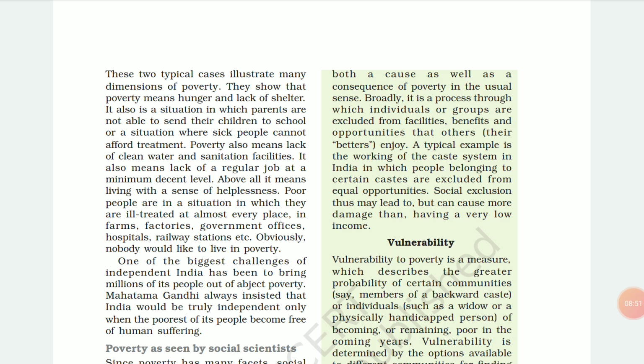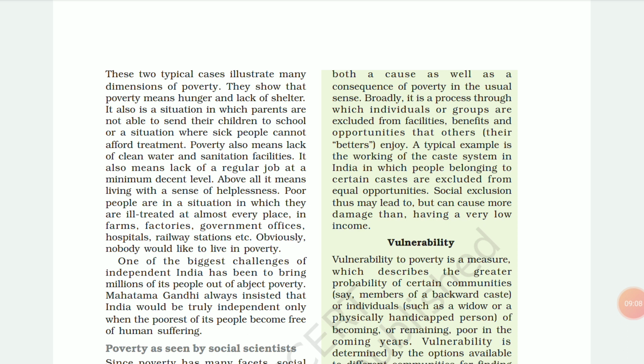A good house means where proper sanitation is there. They have a proper toilet. They have a clean drain, a well-covered drain. So these are again a part of poverty. If they do not have proper sanitation, they are prone to diseases. They will definitely fall prey to some disease today or tomorrow.